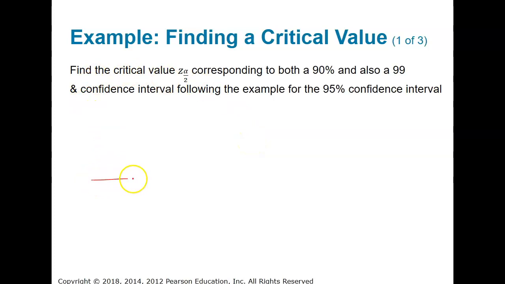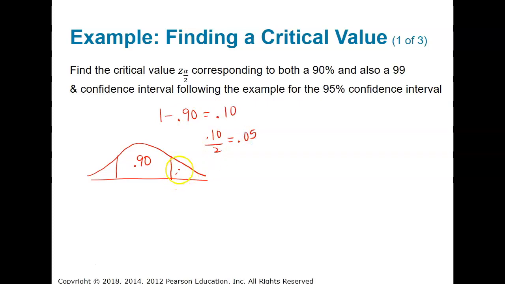Okay, for the 90%, we're going to start and draw it out. Always, always draw these out. So we're going to put the 90% in the middle. That leaves me with 10% that I need to split between the two tails. So each tail has 0.05. This is the critical value that I'm looking for. So I'm going to do inverse norm. The area to the left of this is 0.95. Add these two together. So I'm going to get my critical value is